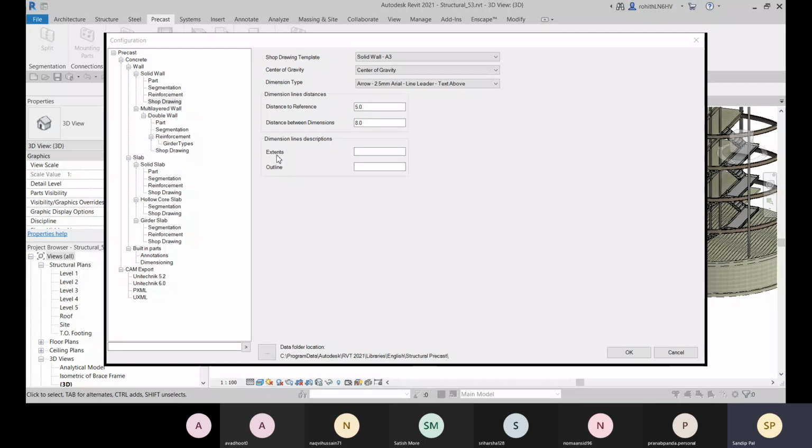What will be the extension line? Okay. So for each element, we have this shop drawing. So for each element, you have to define. And if you are going with the default one, you don't have to change it. But for each element, you have to come to this configuration shop drawing, and there you have to define. Fine.